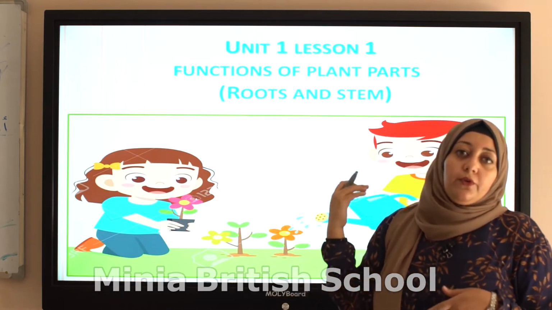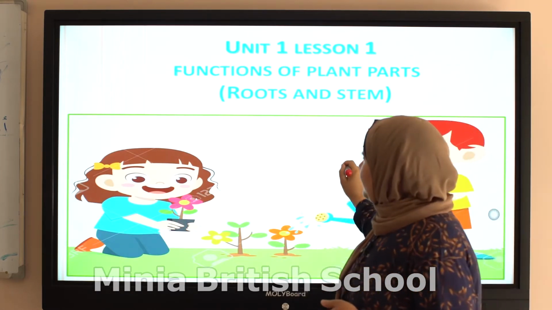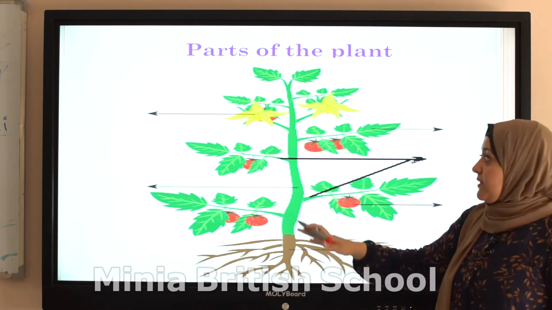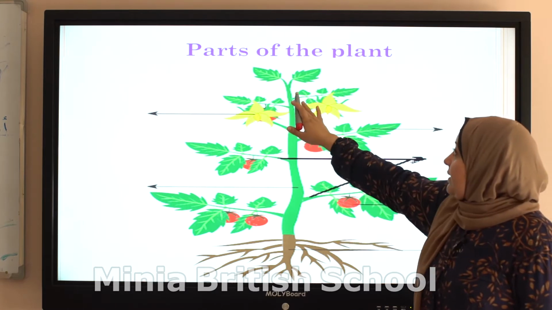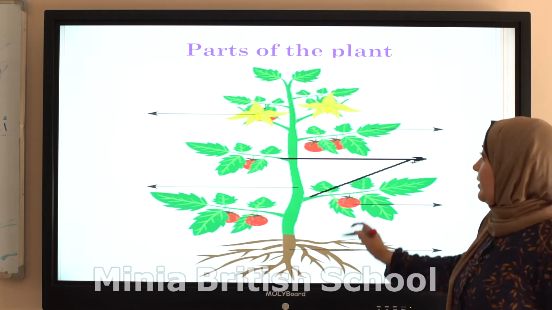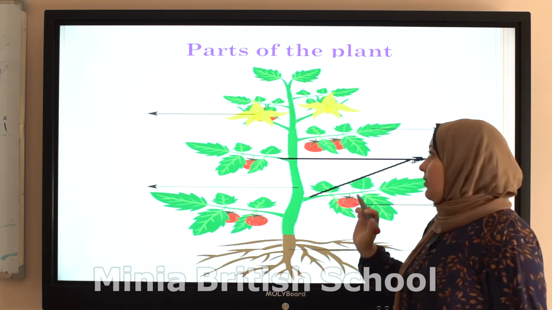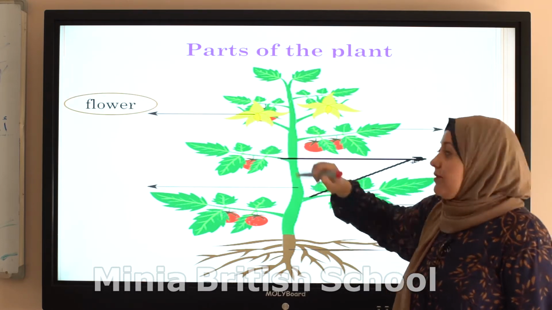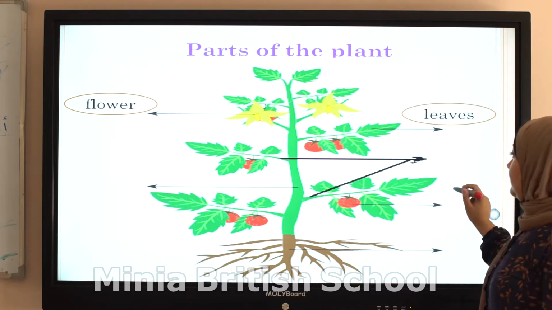We know the plant parts from last year. This is the plant, okay? It's a photo or a picture of the plant. And we have here the parts of the plant, okay? First, we will remember together what the plant parts are. We have the flower, leaves,